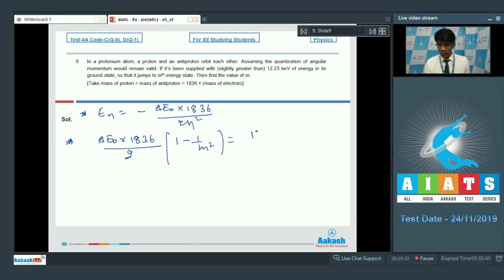This energy is coming out to be 12.23 into 10 to the power 3 electron volt. If we make the calculation putting the value of delta E naught, we will be getting m square to be almost equal to 49, or m is equal to 7. So the value of m here in question number 8 is coming out to be 7. That's the answer for question number 8. Now we shall proceed to the next question, that is question number